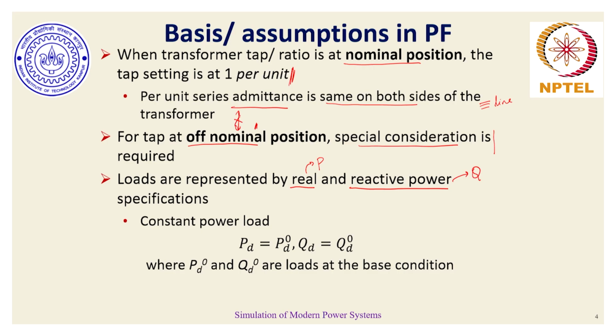For example, one of the very basic common types of load which we can understand at the outset is, assume that we have a load whose power consumption, be it P and or Q, doesn't change at all, no matter what the voltage across that load or the current being consumed by the load is. No matter what the voltage or current condition is, this load will always consume the same power irrespective of the operating condition, and typically PD naught, QD naught represent the respective loads at the given rated condition or base condition.